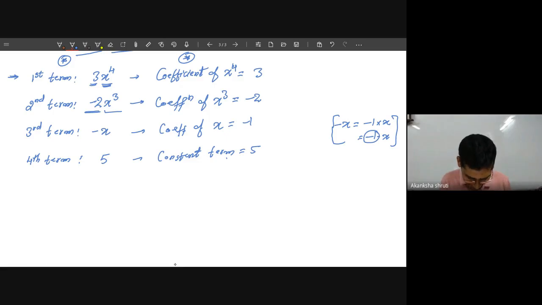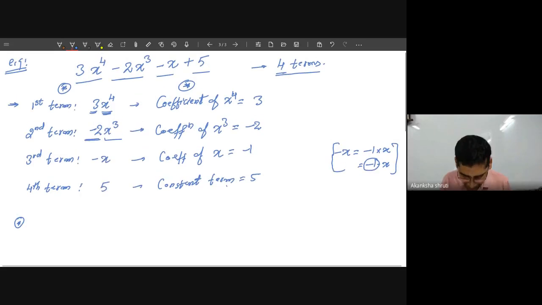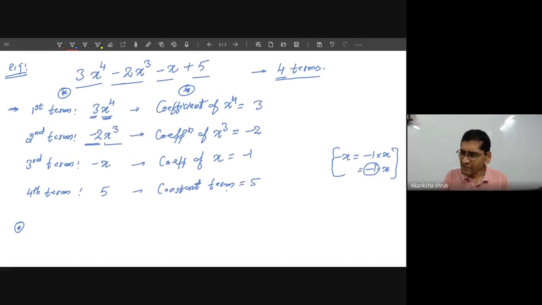Okay, the next one is, a student, we define the degree. Degree is only one. Degree is not of 4 kinds. Degree is of only one type. So the degree of this entire polynomial we have to define. So whether it is a polynomial or not, we have to check for polynomial.